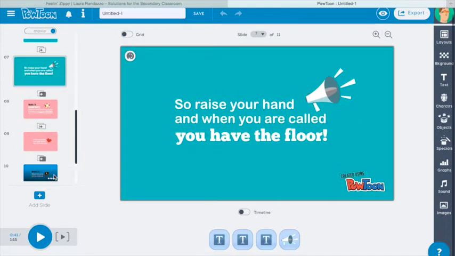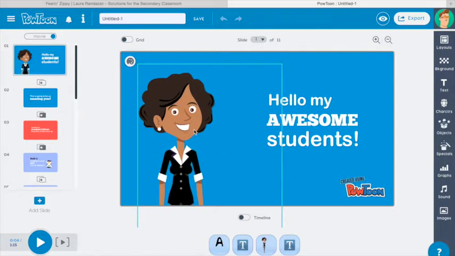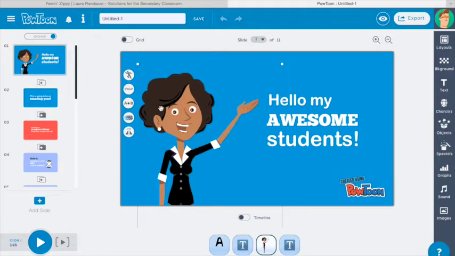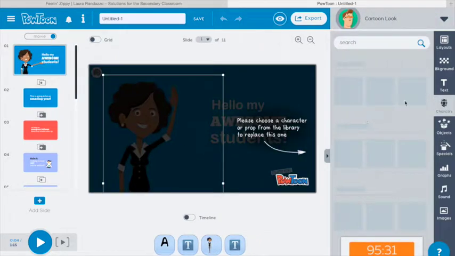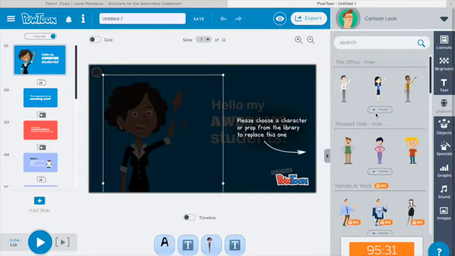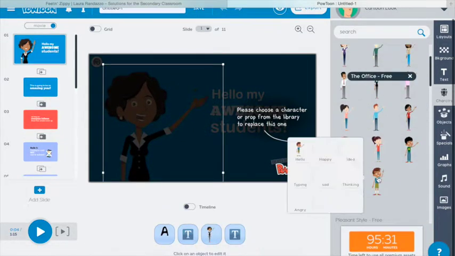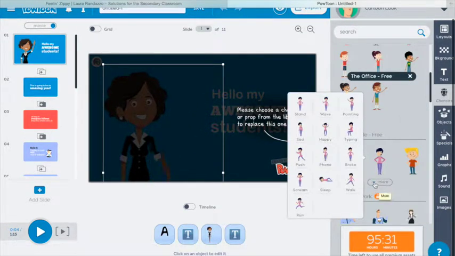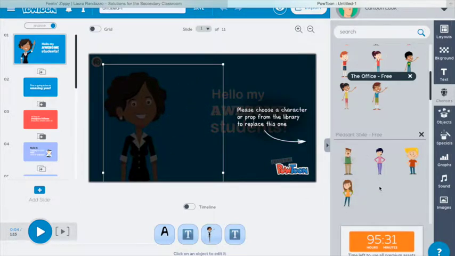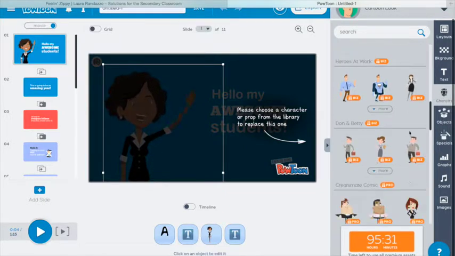Okay, we don't really need to go through all of the rules, so what I'm going to do is change them according to how I would do it in my classroom. So let's click on slide number 1, and the first thing is, obviously I don't look like this, so I'm going to click on her, and we're going to swap her out. We're going to find something that looks a little bit more like Miss G. You know, I'm one of a kind, so we can't find one. Just kidding. How about we use this